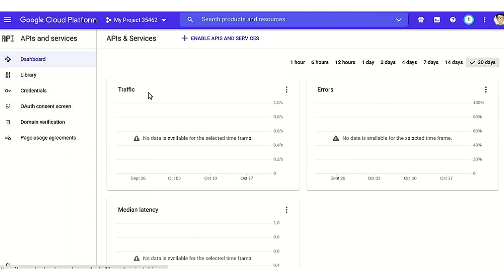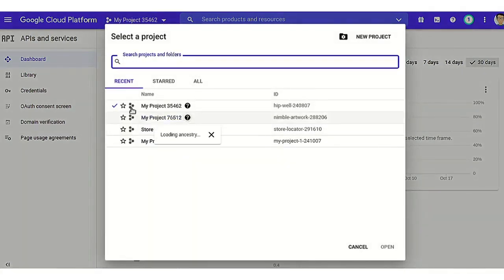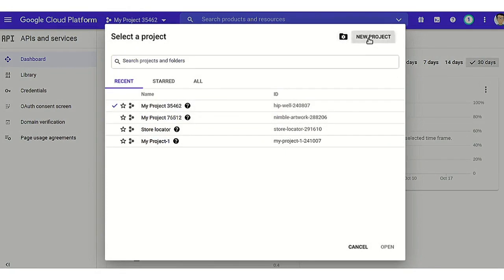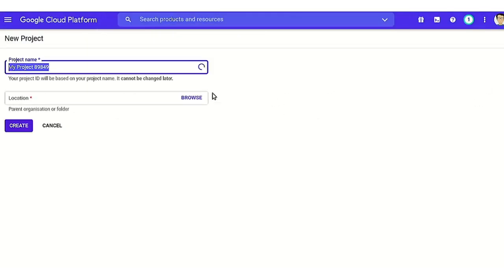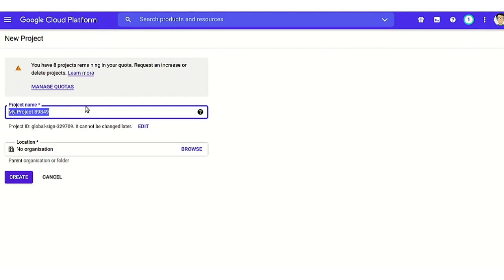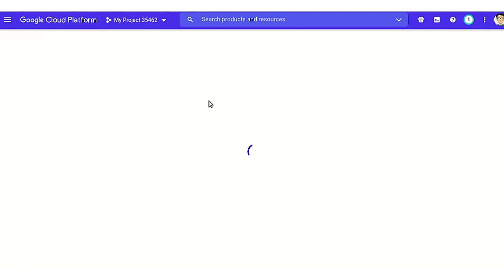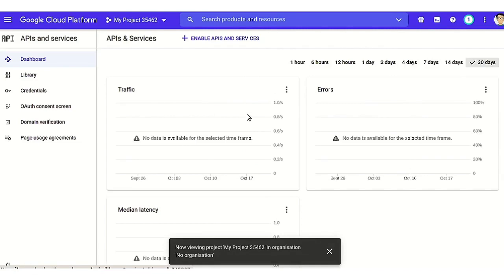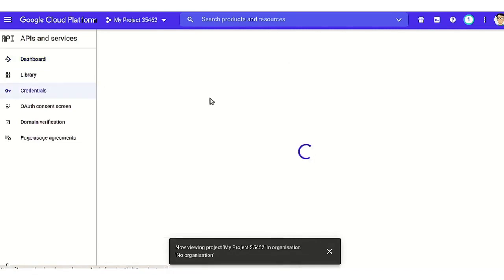Now here is the Google Cloud platform. Here firstly you need to create a project. As you can see, I have already created multiple projects here, so I will not be creating any project, but in case you need to create a new project, you will just need to click on this button, and after clicking on this button, a form will open here like this. You can enter the name of the project organization and click on the create button and a project will be created. Now after creating the project, you need to go to the credential section